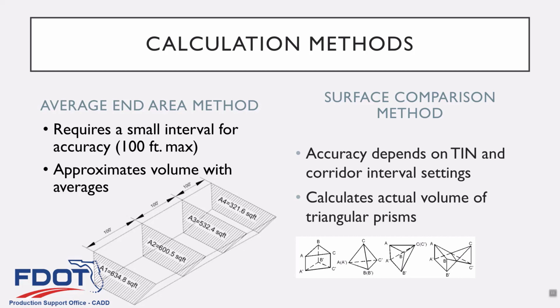So basically what it does, a little diagram here: you have triangles on both surfaces, the bottom surface and the existing ground, and it's creating a prism between every triangle on both surfaces. So it's going to create a whole bunch of little prisms. This is computationally intensive, and of course with the computing power we have, it's fairly trivial, and it doesn't take a long time these days.